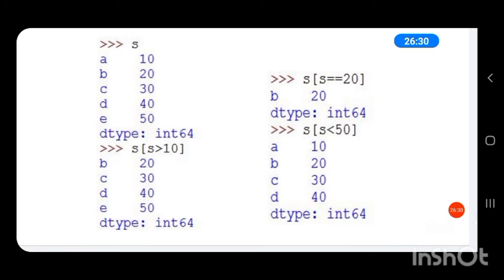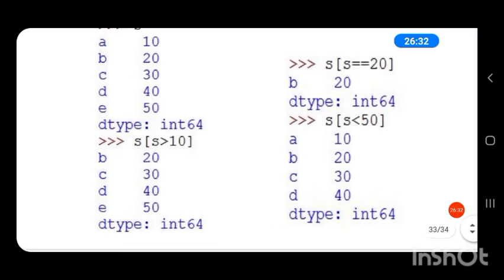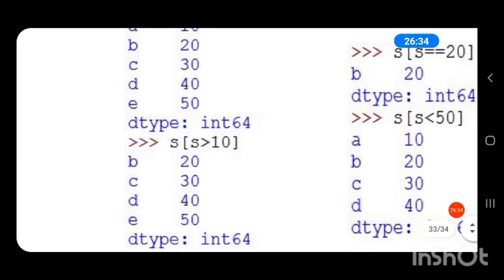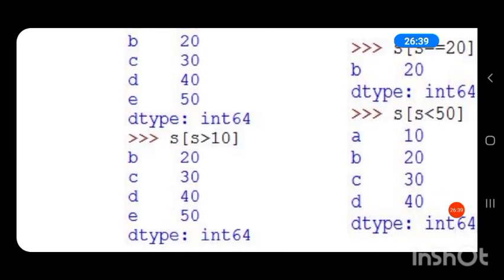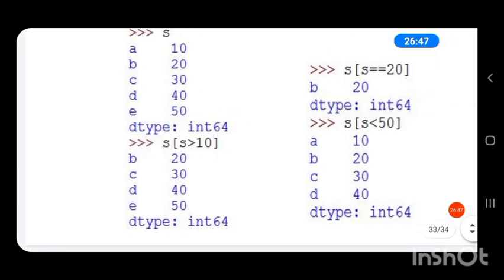When this statement is executed, all the values which are greater than 10 are retrieved from the series, and the retrieved values are also a series. So S in square brackets S greater than 10 will create a new series with all the values which are greater than 10 and its corresponding index.